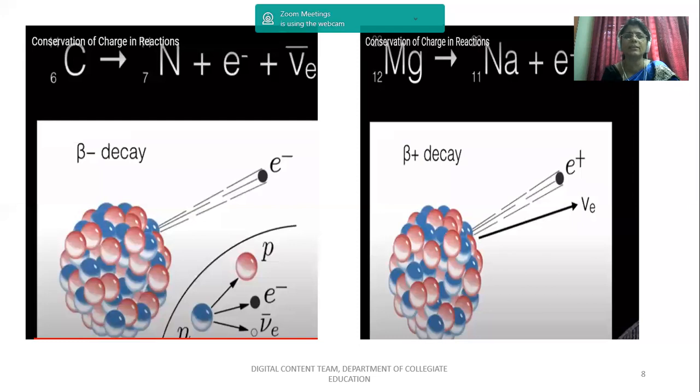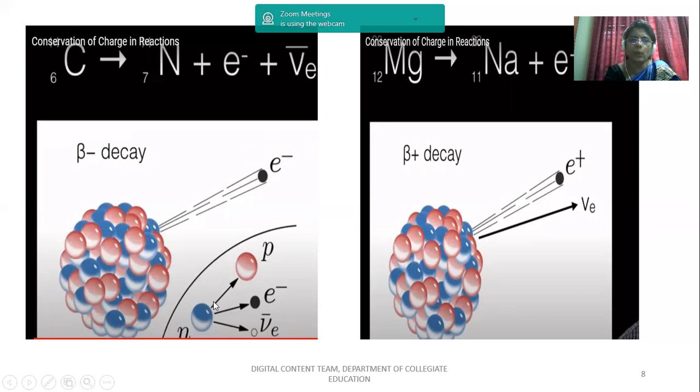So we'll move on to the next example, carbon-14, which disintegrates into or forms nitrogen-14 along with the release of an electron and an anti-electron neutrino, in the famous process called negative beta decay. In negative beta decay, the process exists in elements in which the number of neutrons is more than the number of protons. If you consider this particular example, carbon with atomic number 6 and mass number 14, the number of neutrons is more compared to the number of protons.